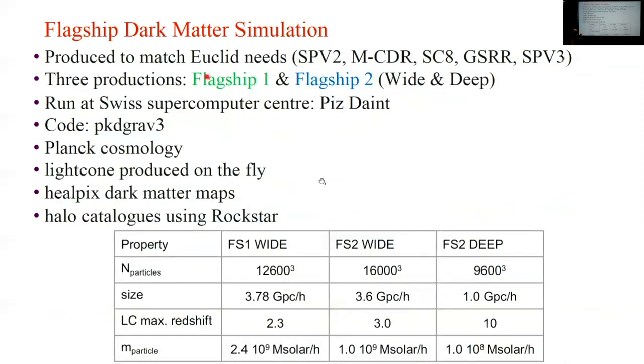Basically, there was the first attempt, the Flagship 1 and the Flagship 2. In Flagship 2, Euclid is going to take a wide survey, 15,000 square degrees, and then a deep survey, 3 fields, 50 square degrees, to go deeper. There have been 2 simulations being developed. As far as I know, this is the largest N-body simulation run today. There are very similar ones, but I think they are slightly lower than this one.